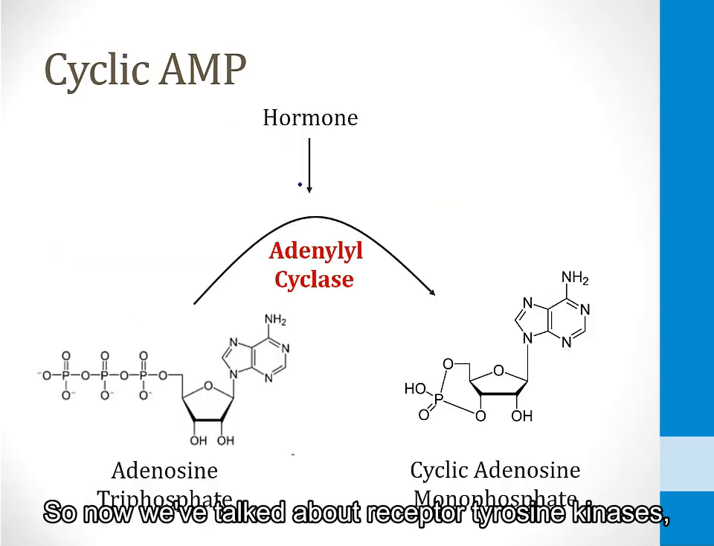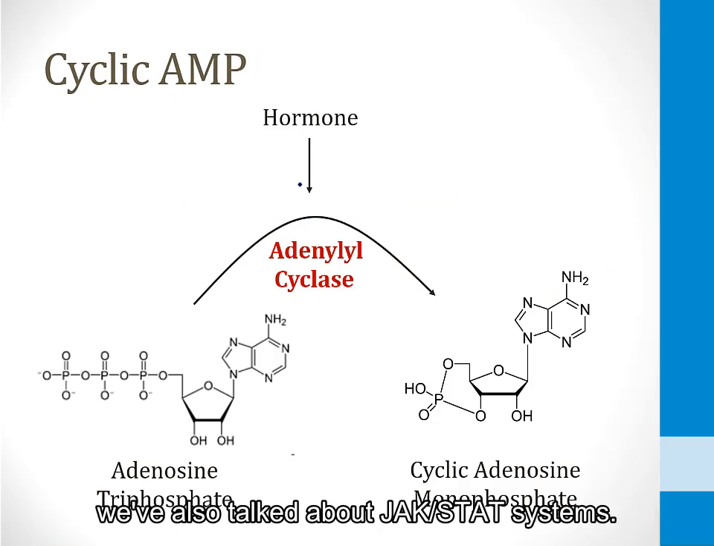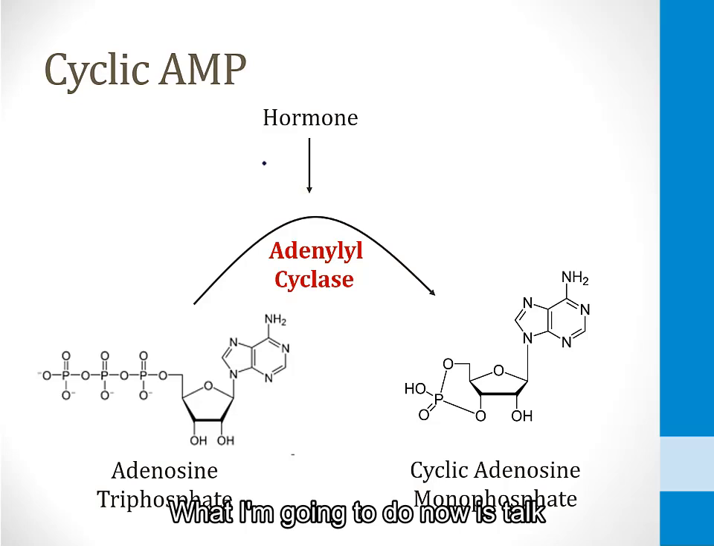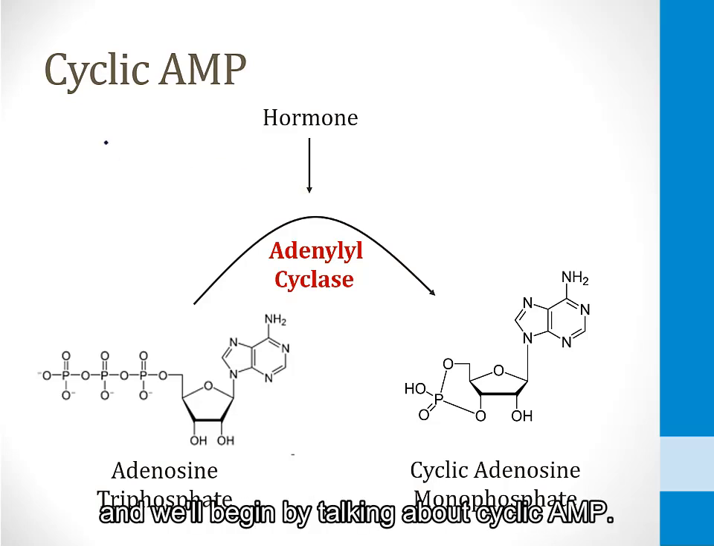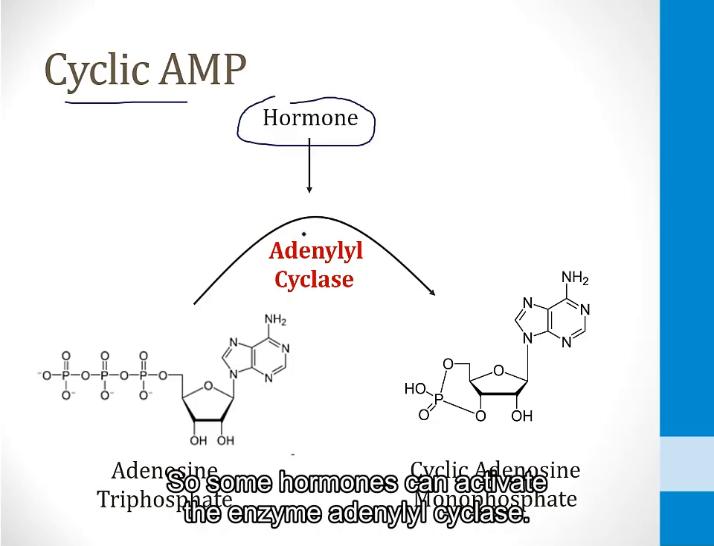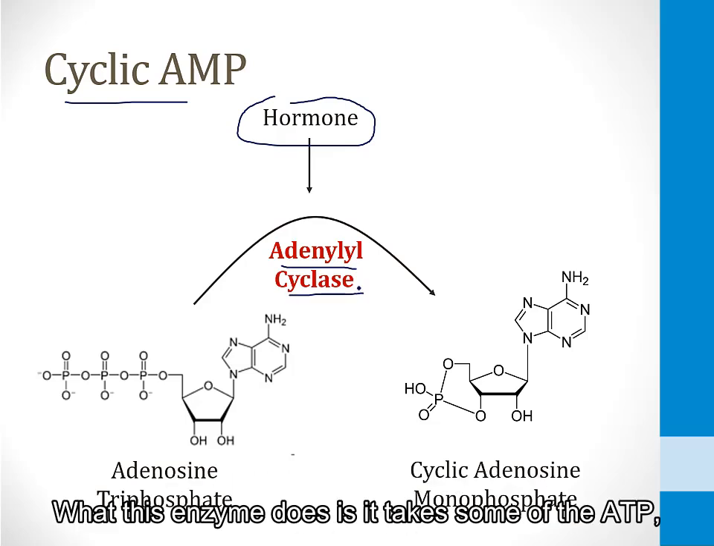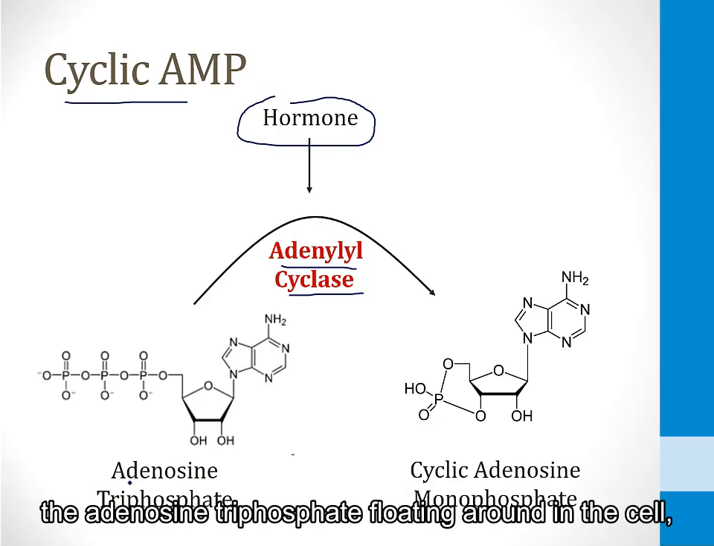So now we've talked about receptor tyrosine kinases. We've also talked about JAK-STAT systems. What I'm going to do now is talk about second messenger systems, and we'll begin by talking about cyclic AMP. So some hormones can activate the enzyme adenylyl cyclase. What this enzyme does is it takes some of the ATP, the adenosine triphosphate floating around in the cell, and